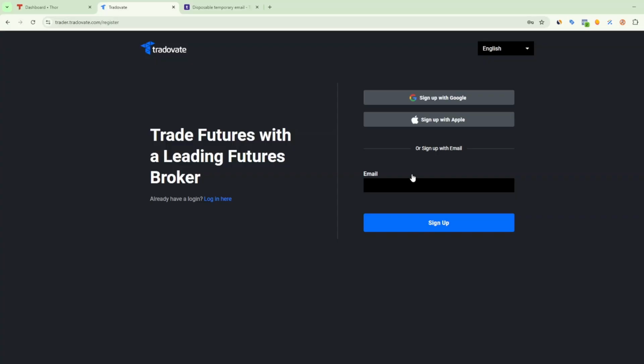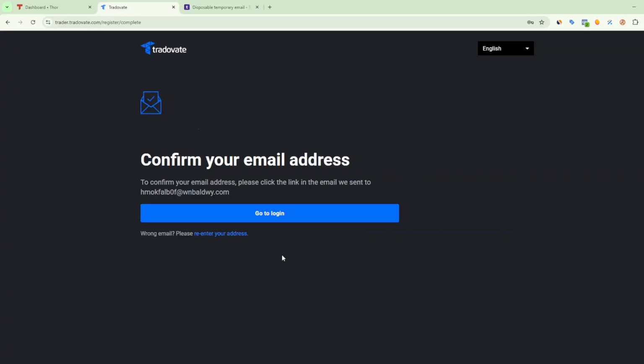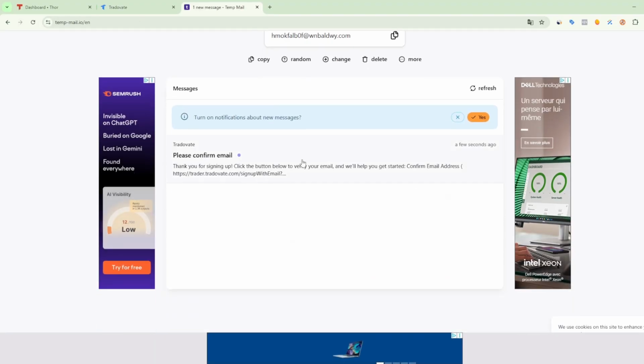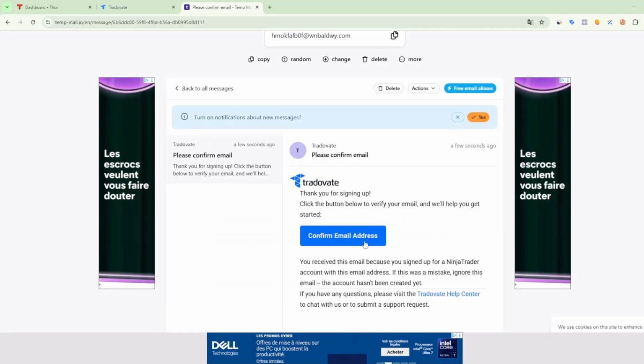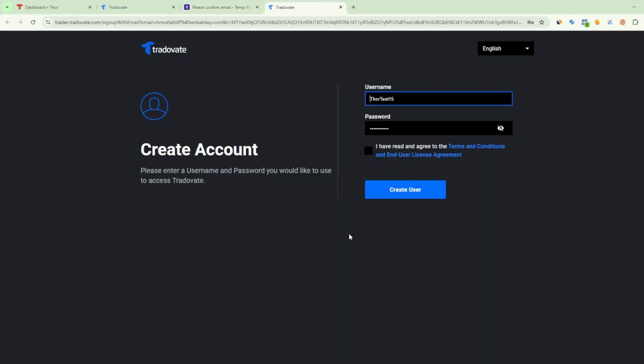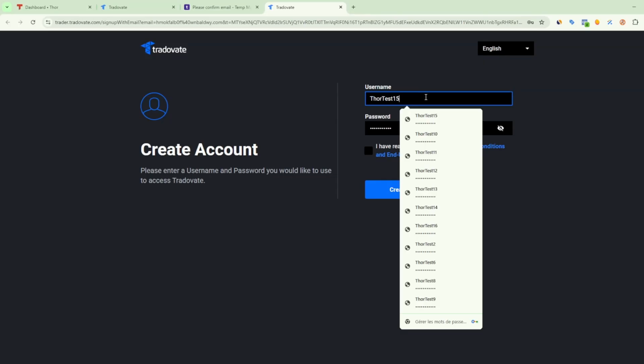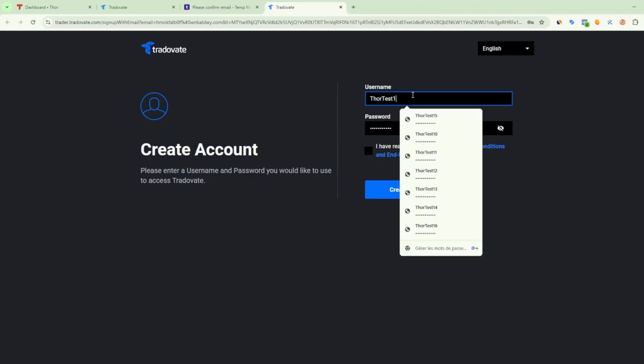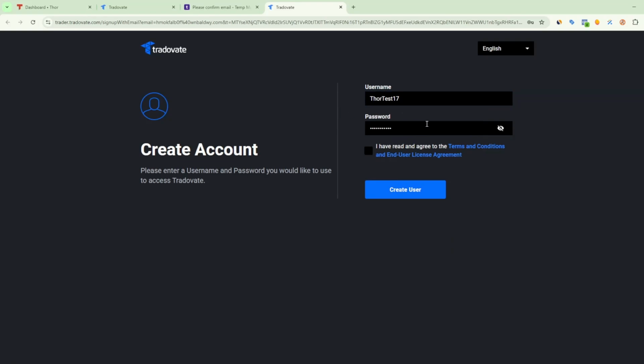I'm copying that, pasting that, signing up, and then an email has been sent to this address, which I will just receive. I click on confirm email address, and then I can just select my username. You do whatever you want in that category. Here I will just be doing Thor test 17, let's say. Same thing for the password. You select whatever password you want, and then I just click on agree and create user,